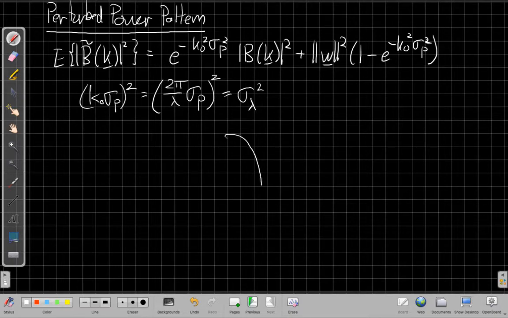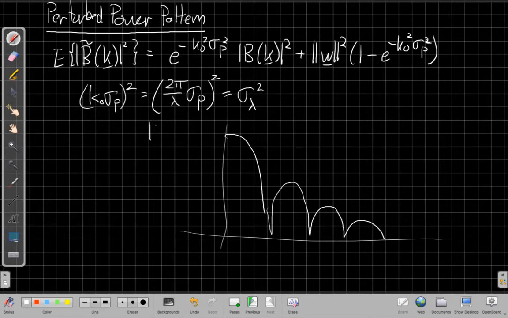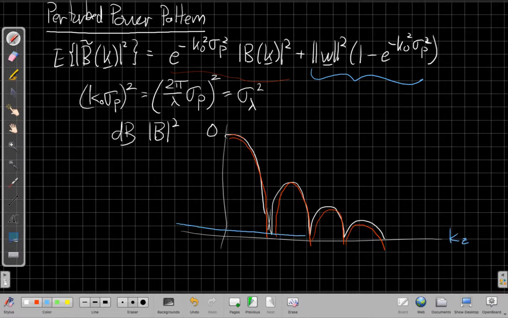And so if I think about what's going on here on a dB scale, an original nominal beam pattern like this, I'll just draw the right half. Imagine this is the magnitude of b squared in dB. I have this peak at 0 dB, and then things are going down. The perturbed version, the first term here, would be like just slightly attenuating this thing, moving it down a very little bit, subtracting a small amount from it. And then the second term, maybe I'll draw it in blue here, is independent of k. If this is my kz axis, I'm basically adding a constant to this. So I'm filling in the valleys. What might ideally have been really deep notches are now getting filled in